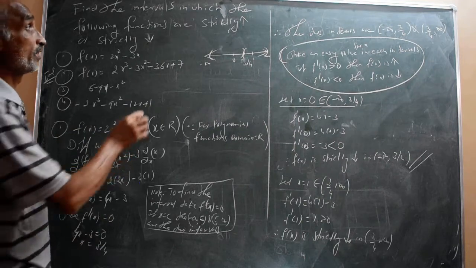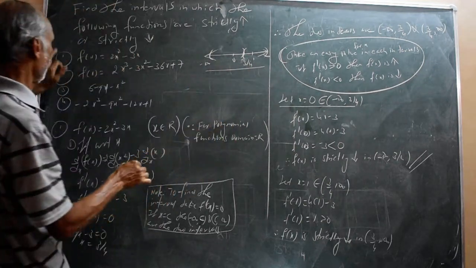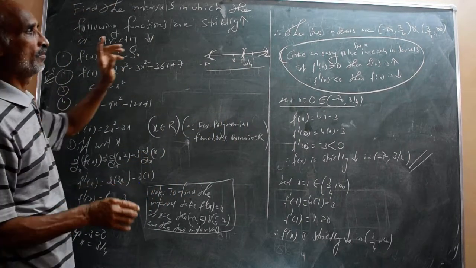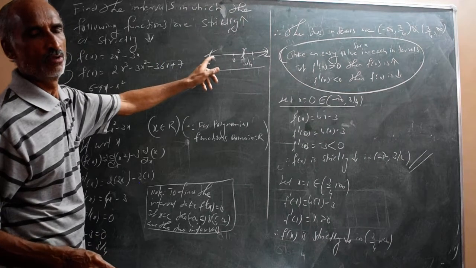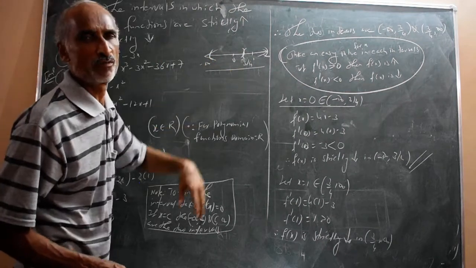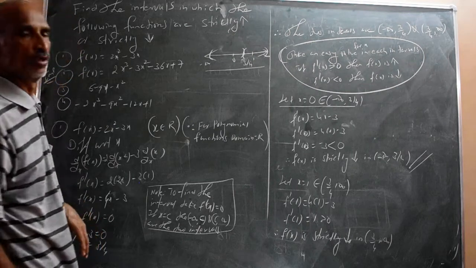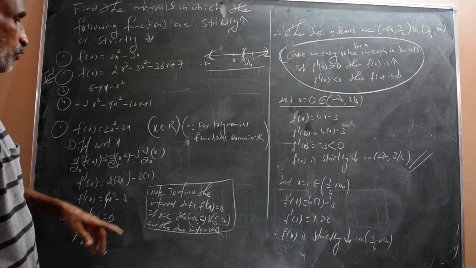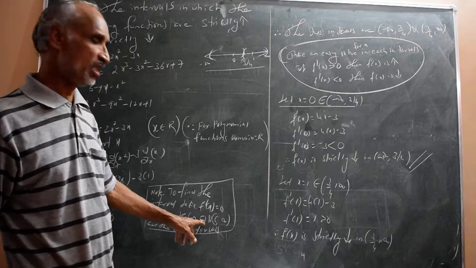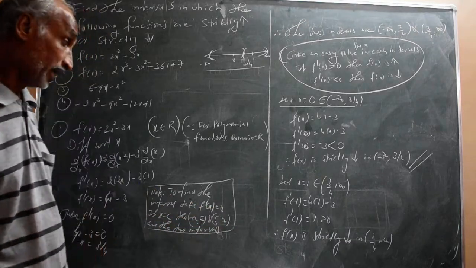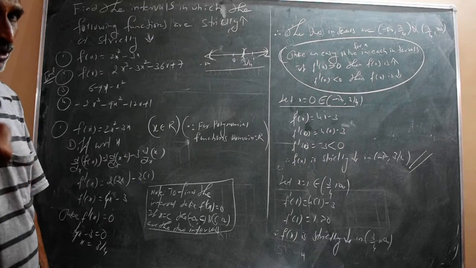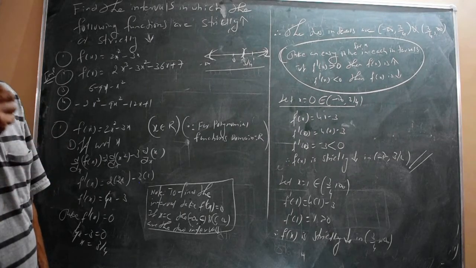So the interval of real numbers you have to consider, because all are polynomial functions. For a polynomial function, the domain is the set of real numbers, x belongs to minus infinity to plus infinity. Therefore, two intervals are minus infinity to c and c to infinity. Then two intervals you got, but you don't know in which interval it is increasing or in which interval